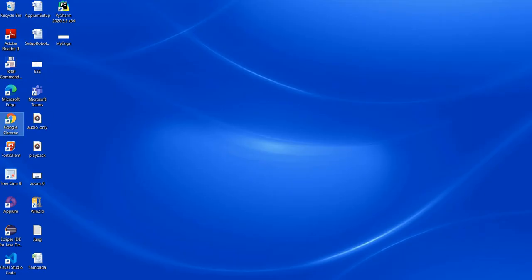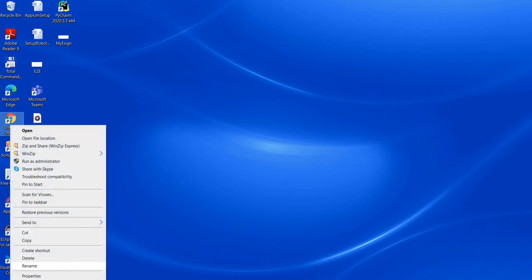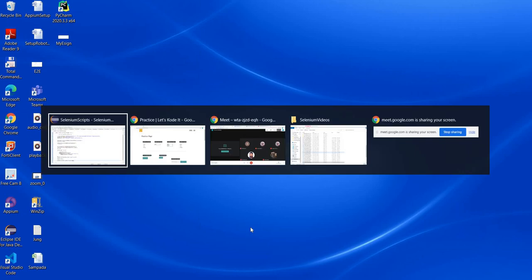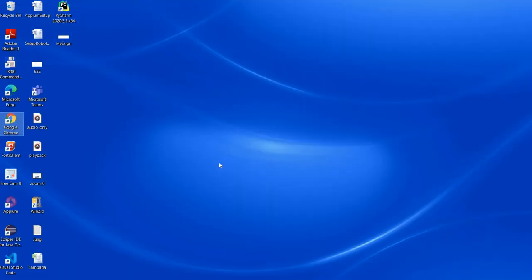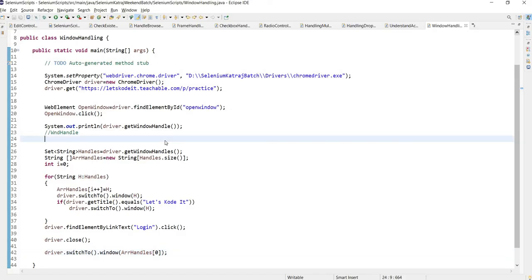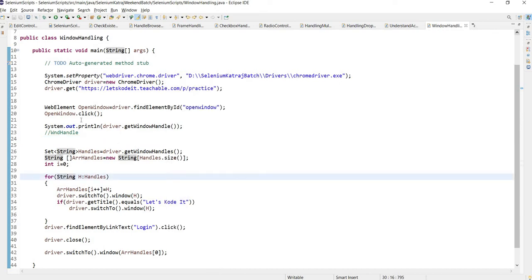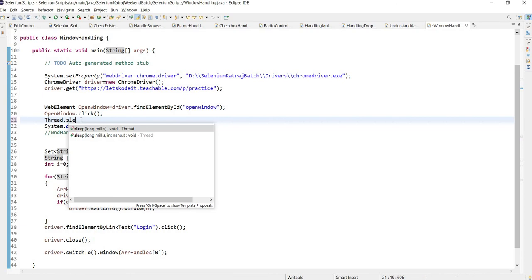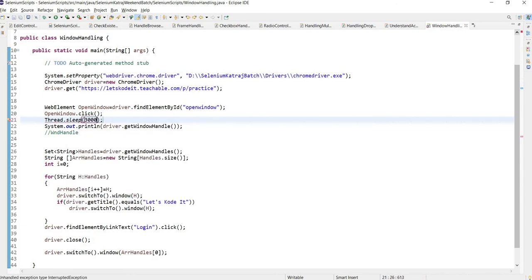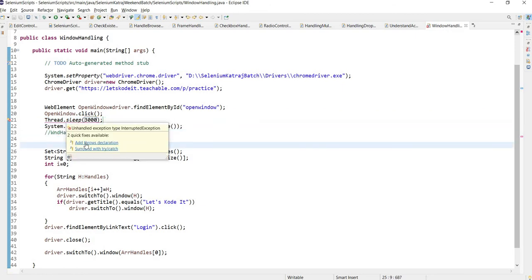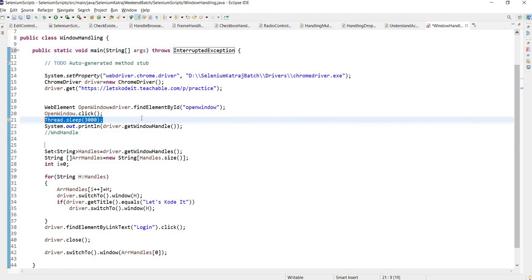Now let's run the test. I will set my compatibility settings. You guys don't need to do it, as there is some issue on my machine with respect to the compatibility of the Chrome browser, so I need to do it every time I run a test. And now I will run this test, and let me add a Thread.sleep so that you guys can observe it. Remember, I am not doing this because of a requirement of the scenario. It is just to slow down the execution of the test so that the viewers can understand what is going on.